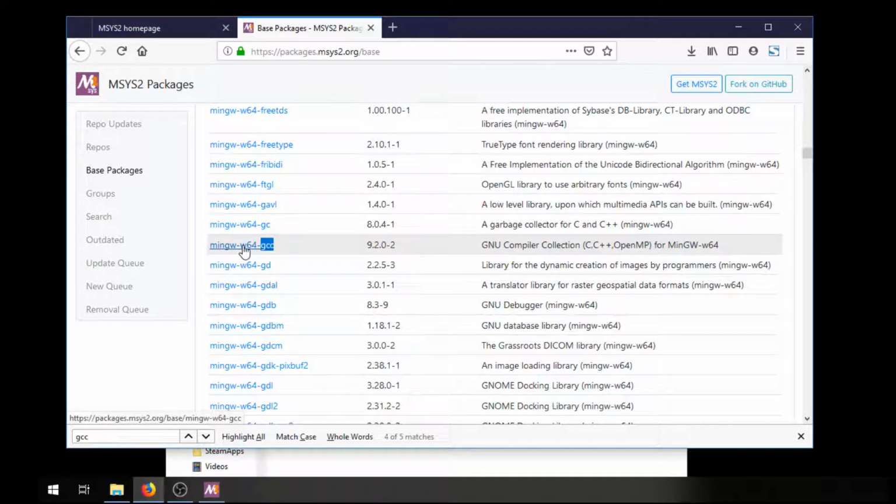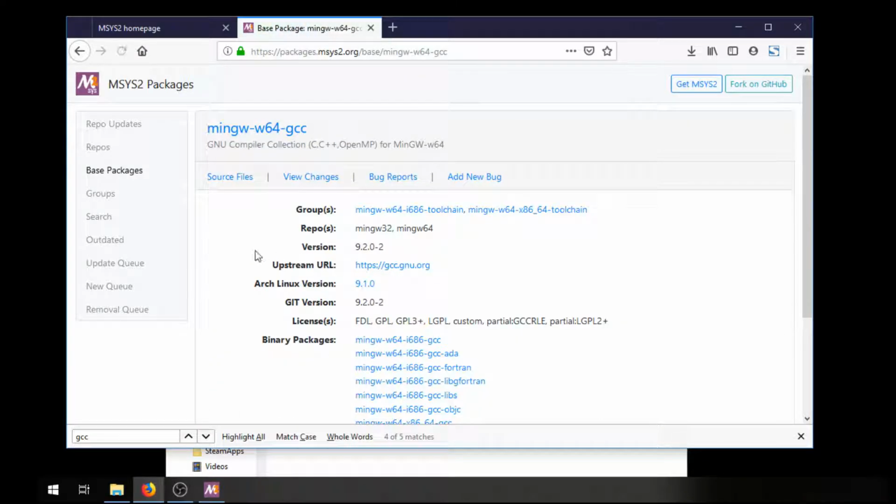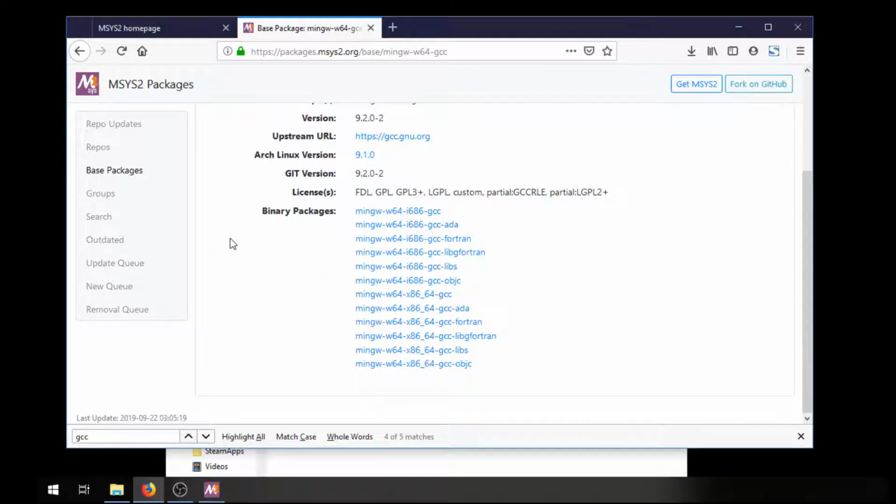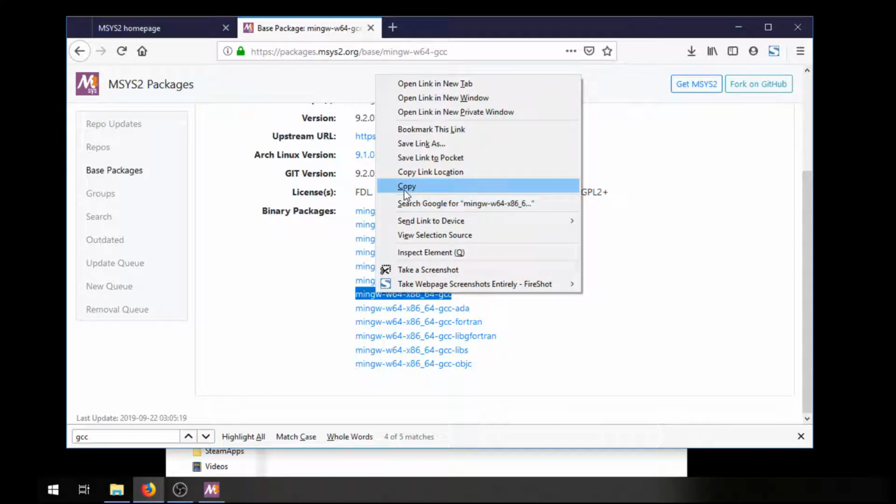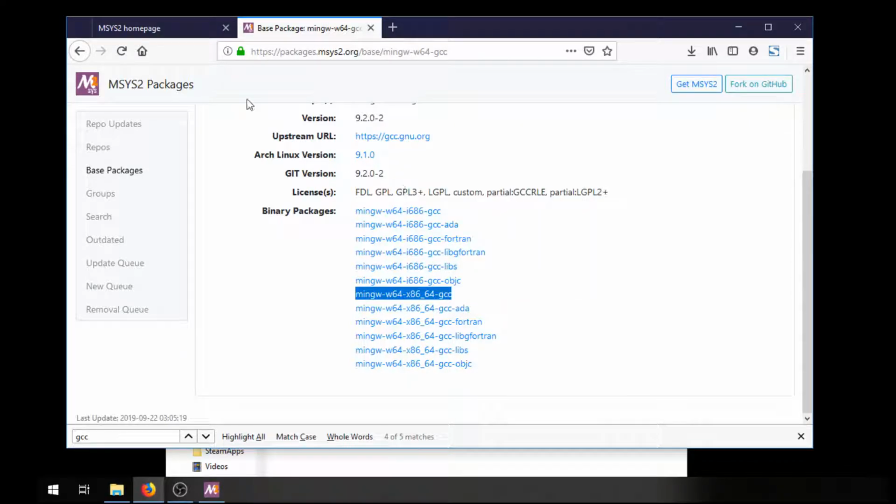That's the one we want, assuming we don't want things like... let me see. Right, so we don't need to. We can download them individually. So if we want to just download MinGW64 x86_64 GCC, that will give us our C++ compiler. So that's the actual binary file that we want to download. So we're going to copy that